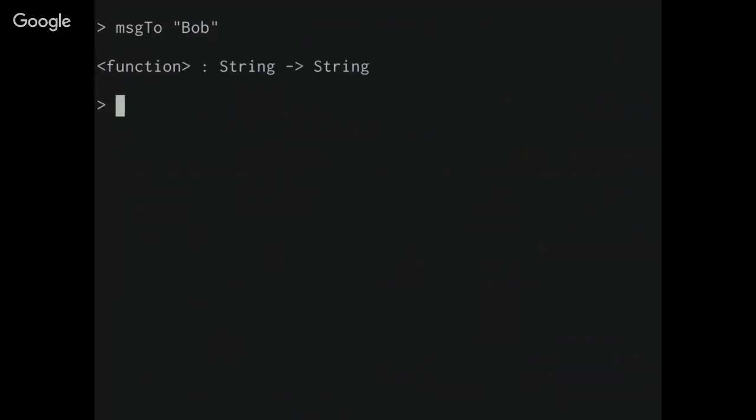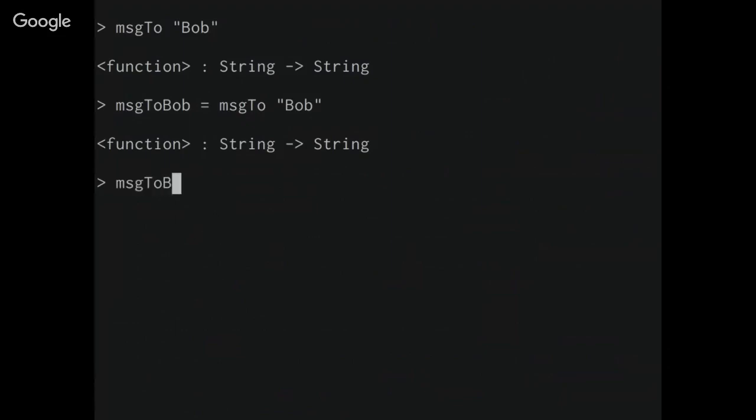So to kind of demonstrate what I was showing, if you pass 1 argument to message2, it gives you back another function. And that function takes 1 string and then returns a string. And we can actually save this value off into its own new function. So now we have this new function, message to Bob, that we can use. So if we call message to Bob, and then pass in hi, I thought I was going to use hello there, but pass in hi, I've got the value hi to Bob back, and that's a string.